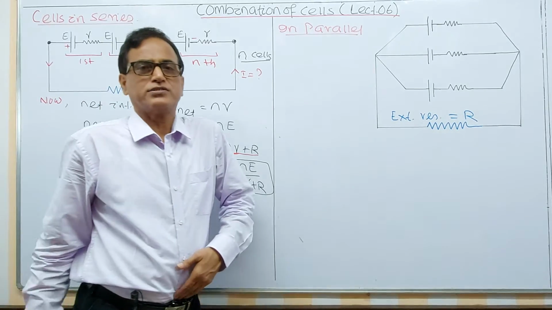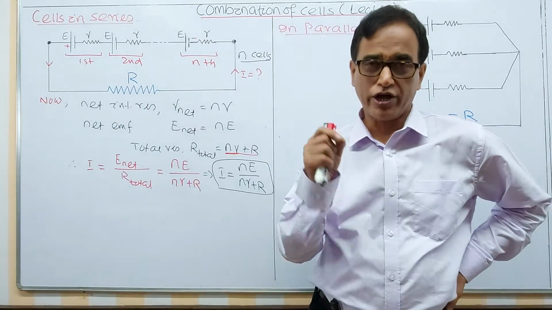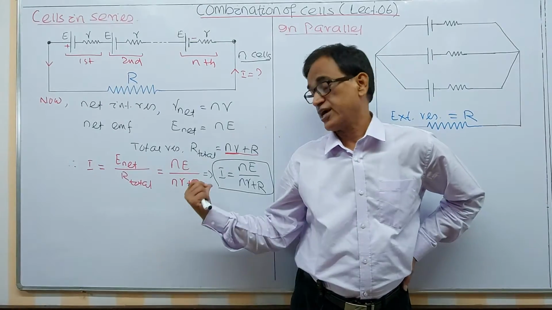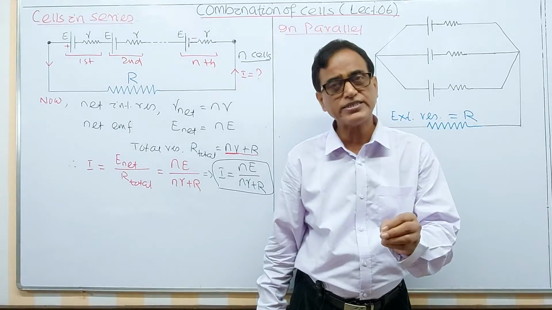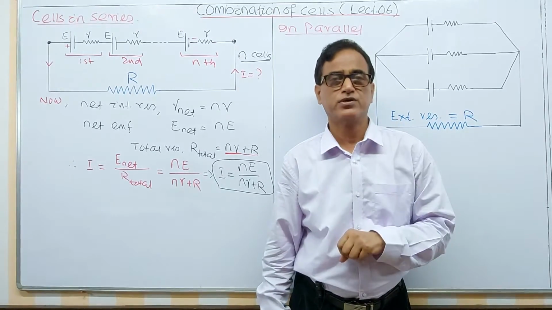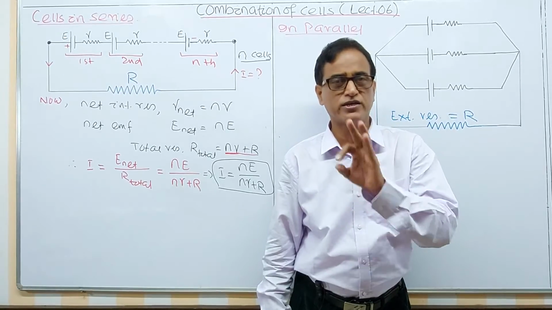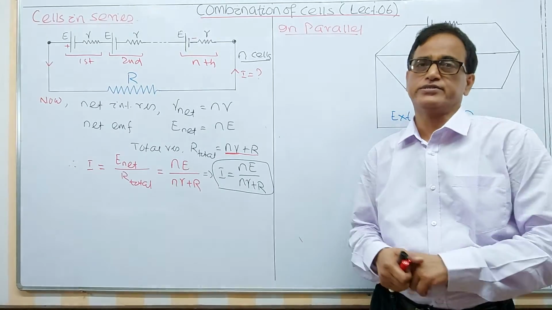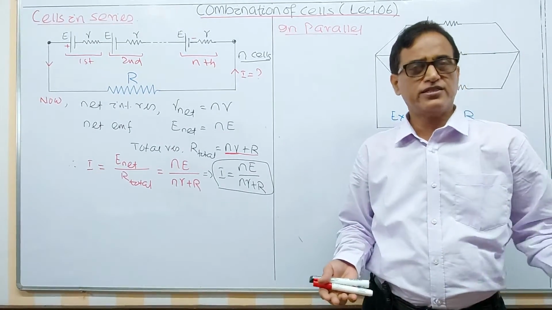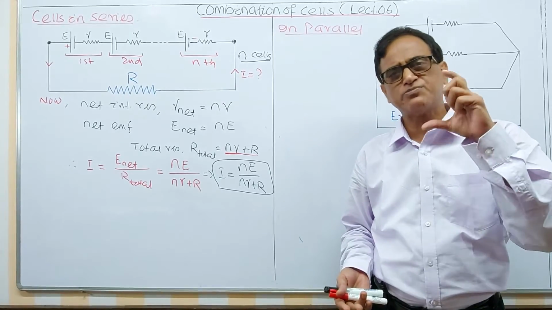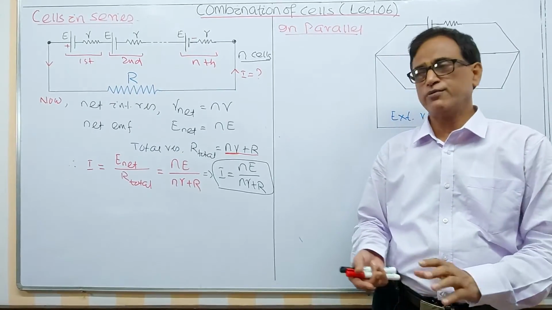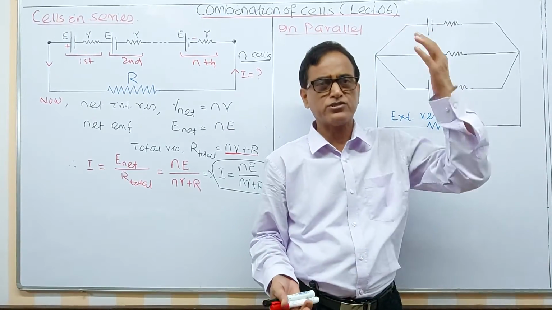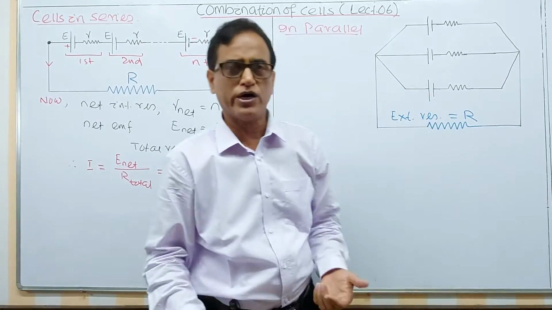Now you may be asked to derive this current when the cells are connected in series. You may be asked a 3 marks question. You have to derive this one. Also numericals are asked for 3 marks in the series case. Because when cells are connected in series, it is of important use in our daily life. In computers or mobiles, we have a single cell having a specified potential difference. But whenever we have a radio or TV or any other appliances, we take the series combination so that we can enhance the EMF as per our choice.